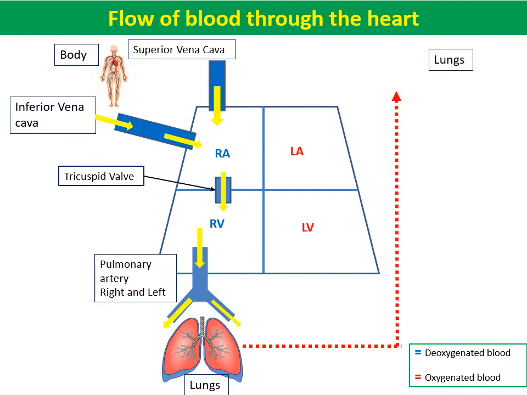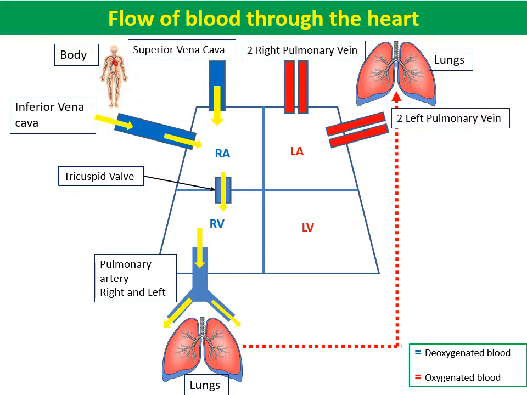Once the blood is oxygenated, it comes back from the lungs into the left atrium through two right pulmonary veins and two left pulmonary veins. So the blood reaches the left atrium. From there, the blood will go into the left ventricle, crossing the bicuspid valve. These valves in our body are one-way valves, so the blood cannot go back. Once it flows from the left atrium to the left ventricle, the blood will not return to the left atrium because valves close it. That is the function of valves.